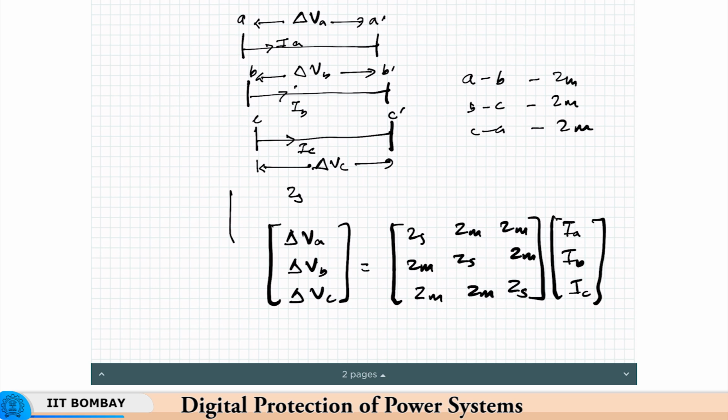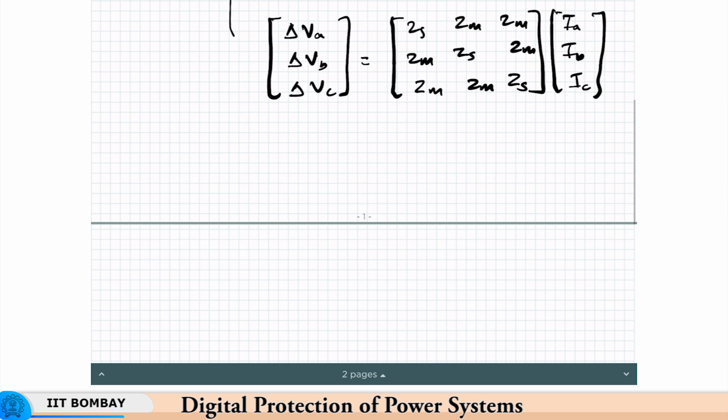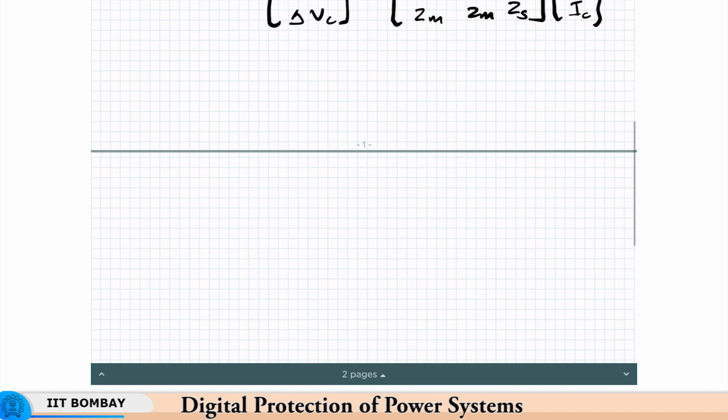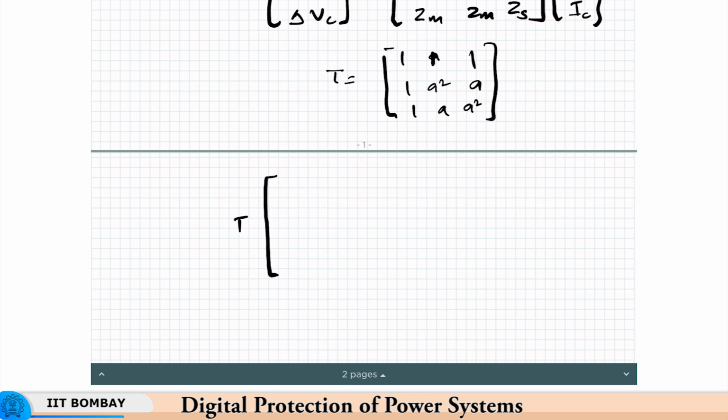Now, if we were to apply our symmetrical component transformation here, to get it in terms of the symmetrical components, we will get it as T, which is the T matrix we discussed last time, 1 1 1, 1 a square a, 1 a a square. So, T into delta VA, delta VB, delta VC